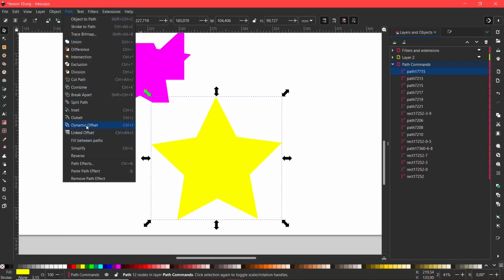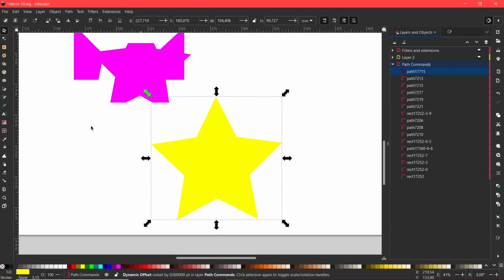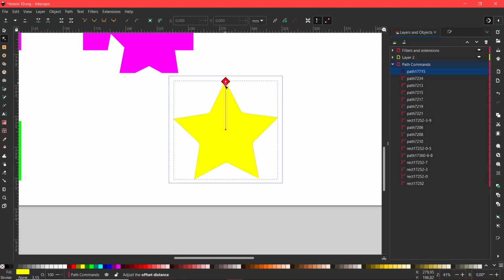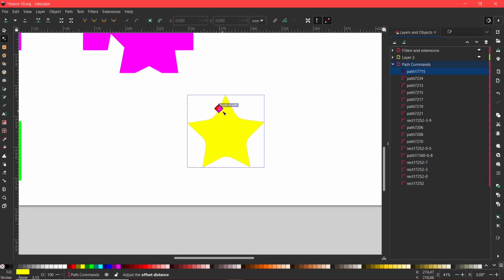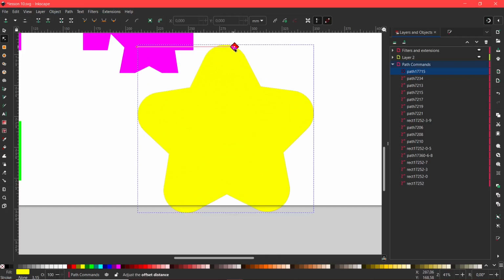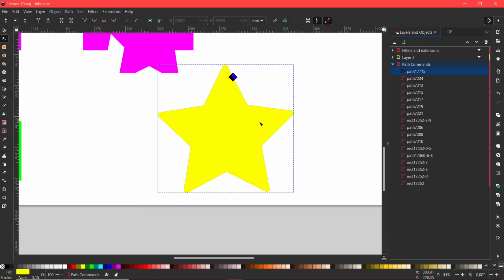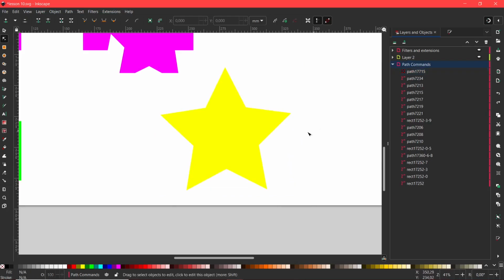And then the other option is dynamic offset that allows us to change the style of offset with this little handle. So we can select and drag. If we drag towards the bottom, it will make our shape smaller, but notice how it has rounded out the angles. And if I drag it up, I can also make it larger, and again, it rounds out the angles. So this is also very interesting, but let's go back and get our original star shape, like so,